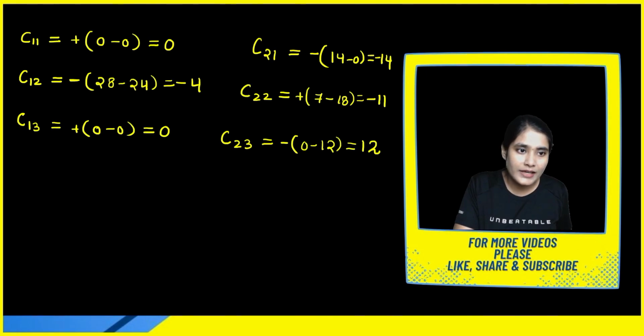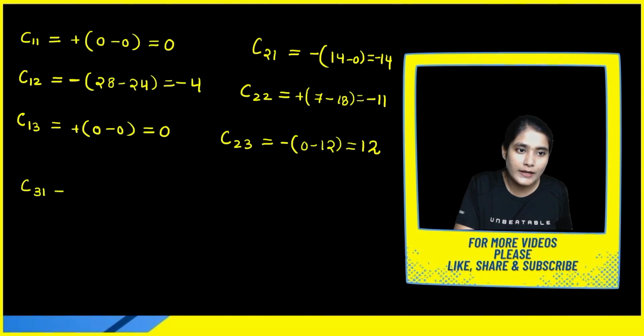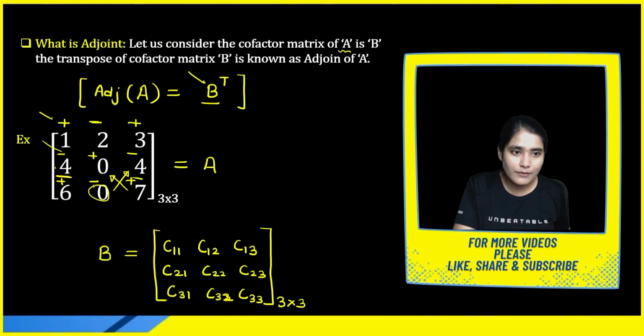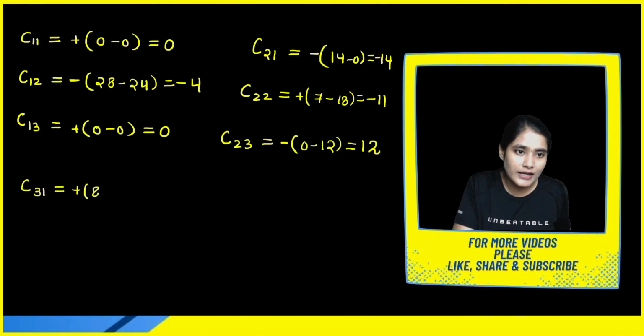Okay. Then we have to find out 3 more values, 3 more element cofactor values. So let's find C31. When you find the value of C31, this is my position, corresponding row, corresponding column, you will get 2 3 0 4. Okay, and it is a positive. So 4 2s are 8 minus 0 into 3 will again become 0. So what you will get? It's a positive position. You will get 8 minus 0. So it will be equal to 8.